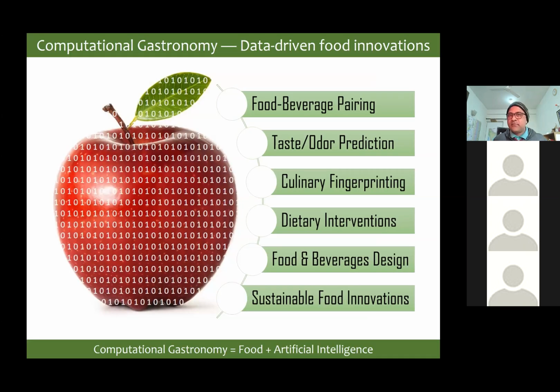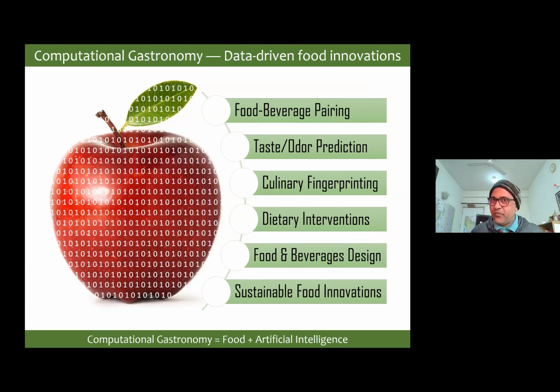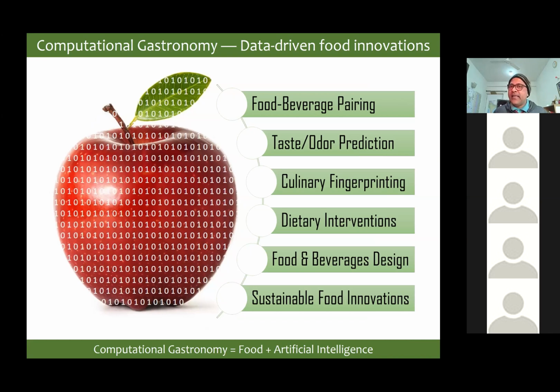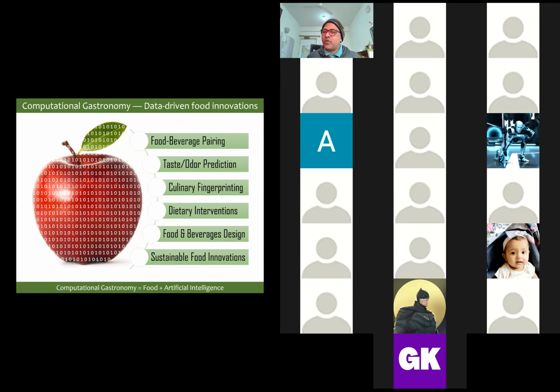So in summary, computational gastronomy is a blend of food and artificial intelligence, where we are trying to look at food from a lens of data. We are trying to use the power of data science, power of AI to investigate food, to come up with all sorts of innovative applications, which includes coming up with new food and beverage designs, food beverage pairings, taste and odor prediction of small molecules and peptides, culinary fingerprinting of cuisines, which tells us the uniqueness of individual cuisines, coming up with dietary interventions which can be derived